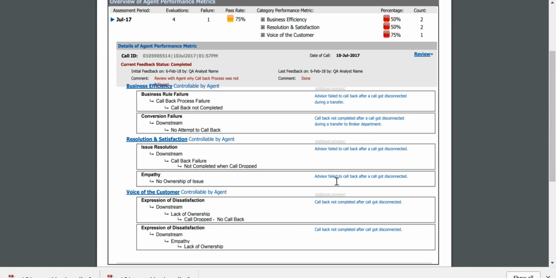The report also includes commentary and feedback that was completed by the supervisor, team leader, or coach. This feedback can easily be added by selecting the review button. Once the review button has been selected, I can see the actual feedback that has been loaded to date and add additional